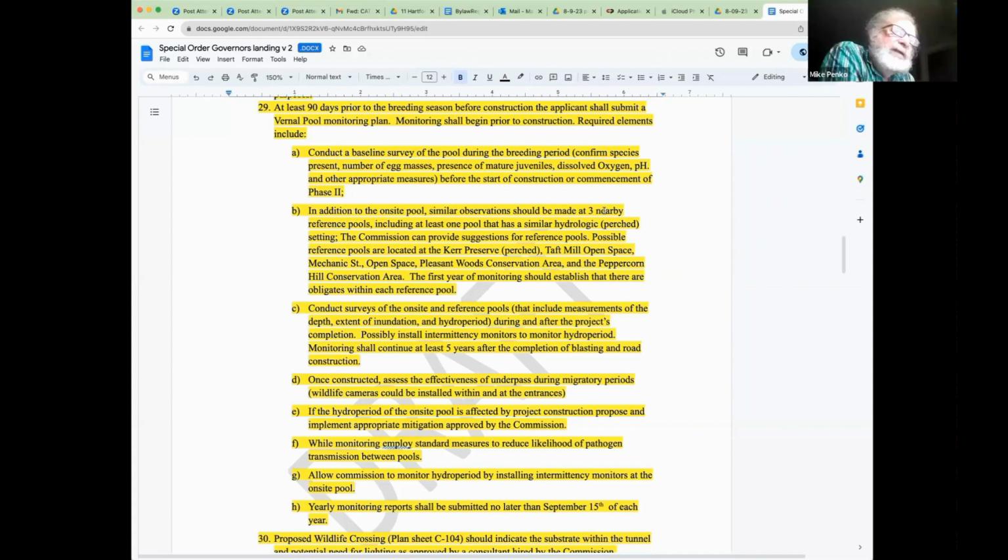Yeah, it is. So the ones that are listed here: Kerr Preserve is a Metacomet Land Trust property. All the rest are town properties, and there are certified vernal pools at Taft Mill Open Space. Scott Pine certified that one, and where else is there a certified vernal pool? At the Mechanic Street property. And at that Mechanic Street vernal pool, there's an awful lot of bedrock on that property, so it might not be a bad